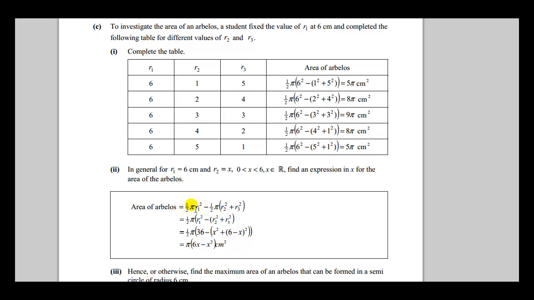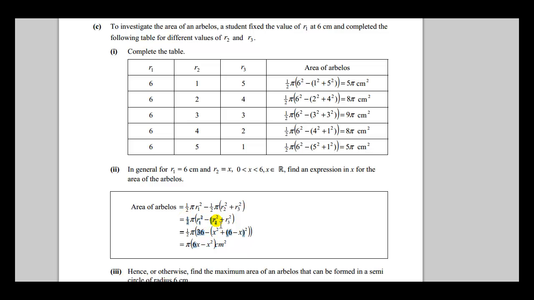So we need the area of the big semicircle. Okay, we will plug in 6 for R1. Now here we subtract off the areas of the two smaller semicircles. The half pi has been factorized out. And of course we can factorize a half pi out of the whole lot. So we get this expression here, which is really what we see up here, so we haven't really done anything